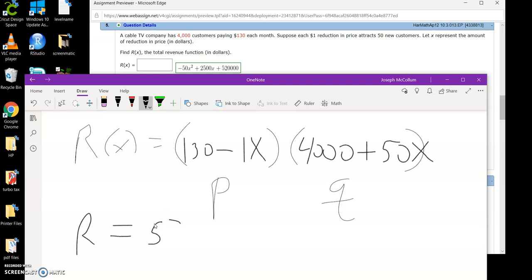I should be very careful with my numbers so I don't make mistakes for you guys. I'll write a little bigger. And then I do my inners and outers. Think about your inners and outers. My inners is negative 4,000x. My outers is 130 times 50. 130 times 50 minus 4,000 is a positive 2,500